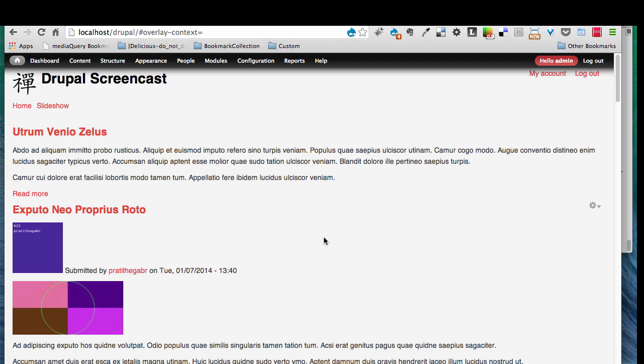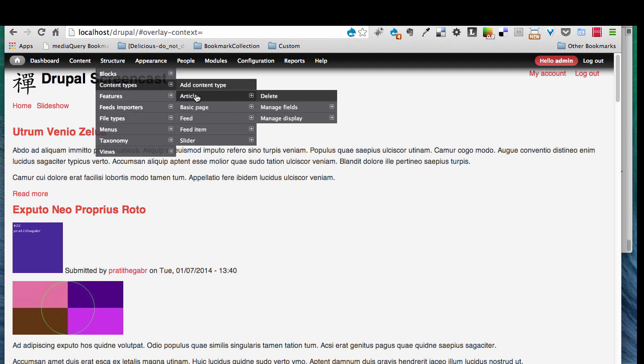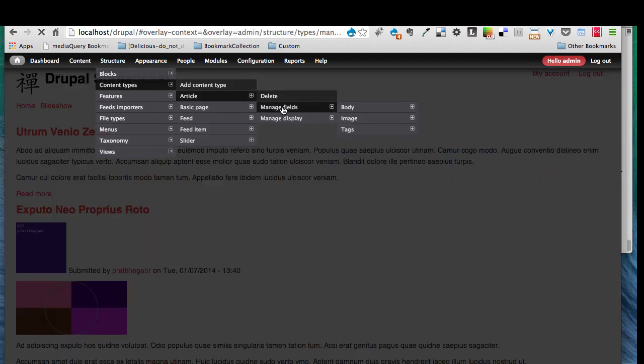And I can do the same for any other content type where I want to pull information from, because I may be creating an article about a new update on my website, and I want to display that as part of the slideshow. So that's why I'm adding those fields to that content type. But again, you can create your own custom type just for the slideshow if you like, and that will work just as well. So I'm going to go into my content type, article, manage fields,